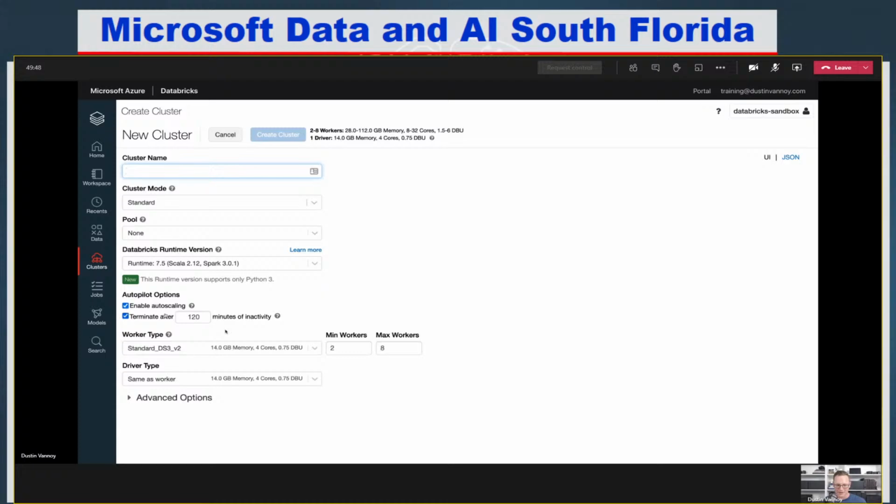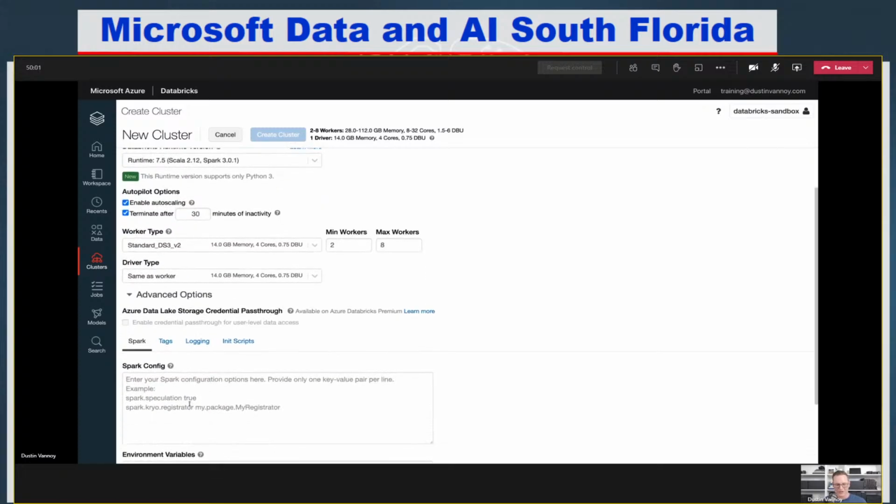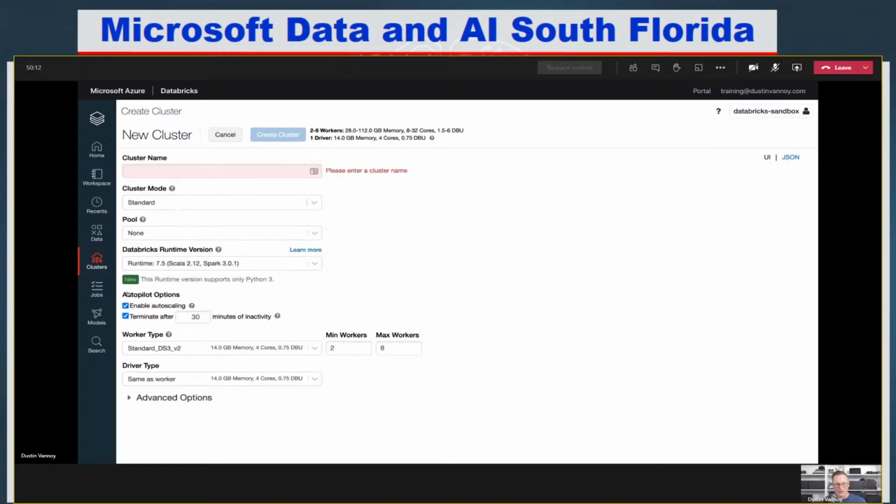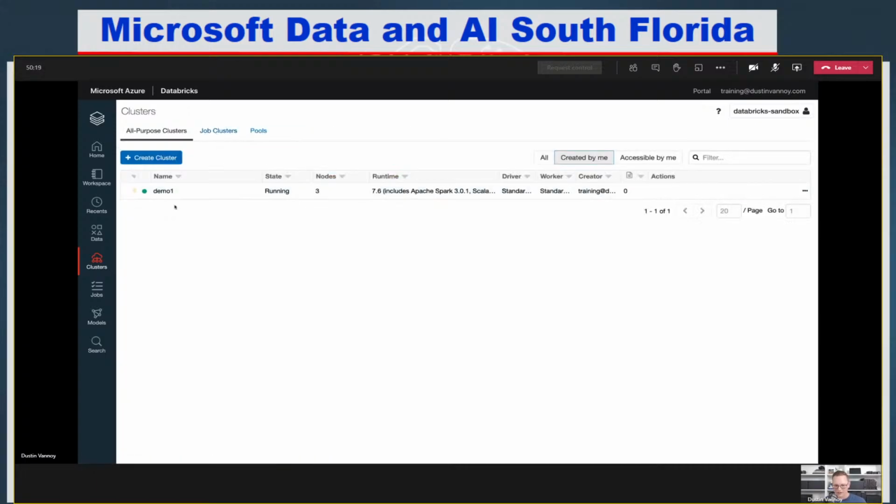Auto scaling is the click of a button. See how it says 2 to 8 max workers? We can click that on and off. Auto terminate that I mentioned is right here, and I can bump that down to whatever I want. And then as I get to initializing things when the cluster spins up, setting Spark configurations, all of that's down here too in the advanced section, including, by the way, depending on your level, passing through your credentials to the storage underneath to make sure you have permissions coming from the user running the job all the way down. So we can have multiple clusters. I have one running, which is good. That means our demo won't have a 5-minute delay when I get into the notebooks in a bit.